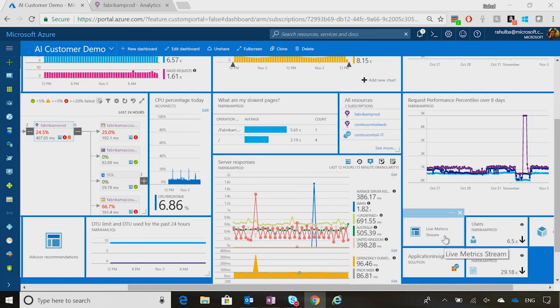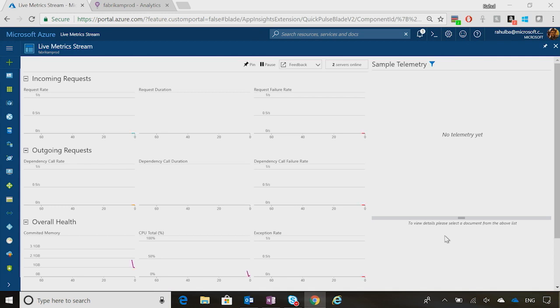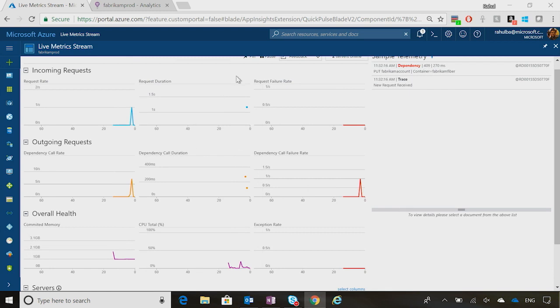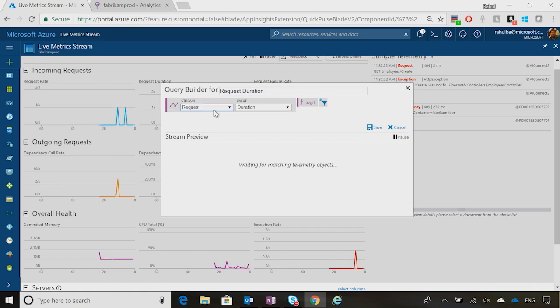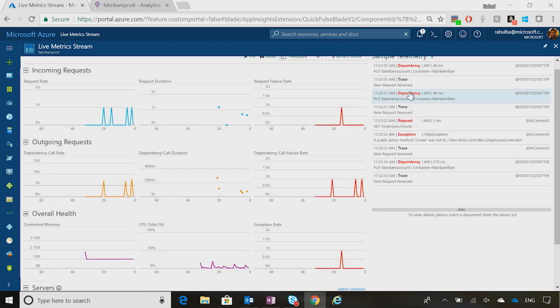Let's see how we can track real-time KPIs with Live Metric Stream. So Live Metric Stream gives you 9 default KPIs on a real-time basis. So you can see request rate, dependencies, and infrastructure metrics like memory, CPU, and exception by default, which you can then filter according to the servers that your application is deployed to. And not just these default metrics, you can click on Filter to select any custom event or performance counter or logs that you are sending to the application and monitor them on a real-time basis. Whenever something unexpected goes on, you will know from the Live Metric Stream and be able to drill down deeper